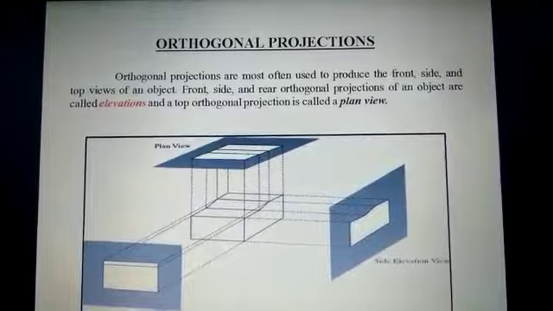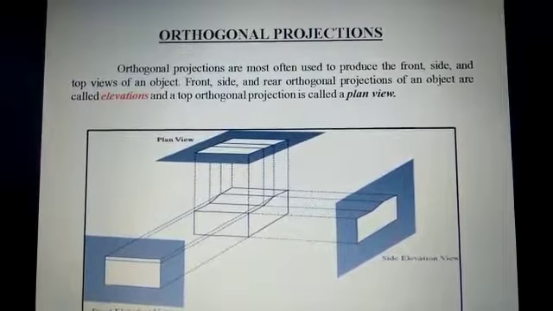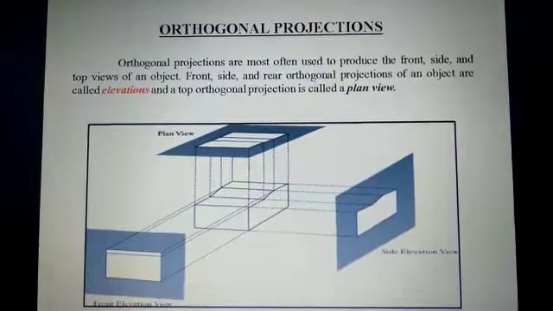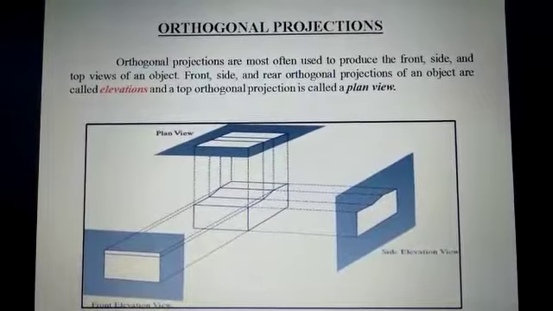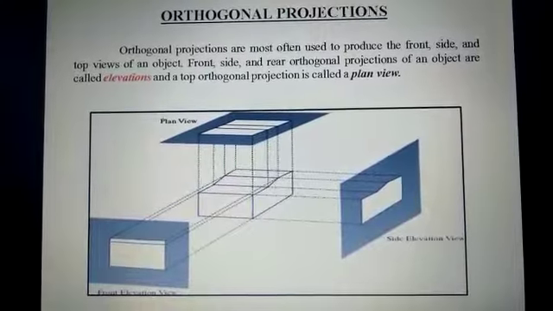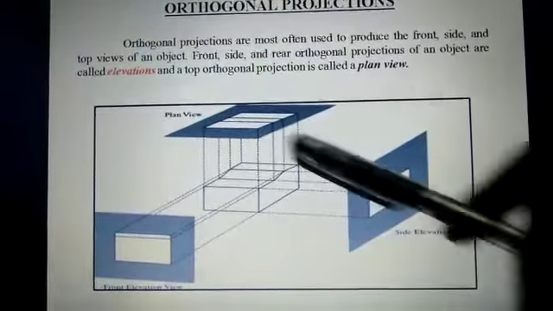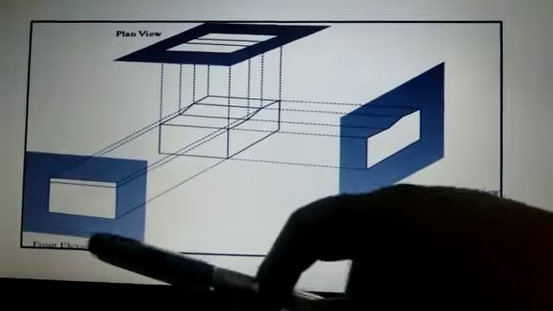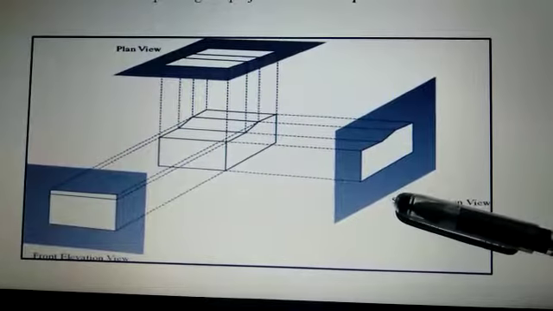The next projection we are going to learn is orthogonal projections. A transformation of object descriptions to a view plane along lines that are all parallel to the view plane normal vector n is called an orthogonal projection, which is also termed as orthographic projection. You can see the elevations of this from a plan view. The front elevation could be like this, the side elevation could be like this.